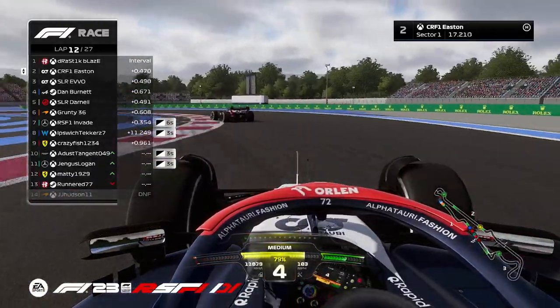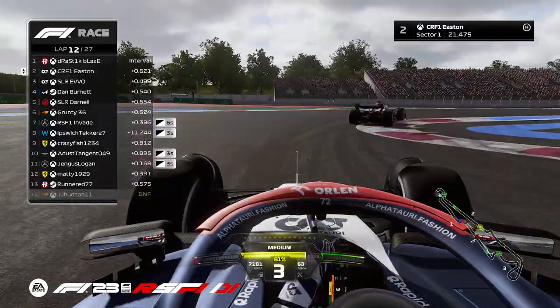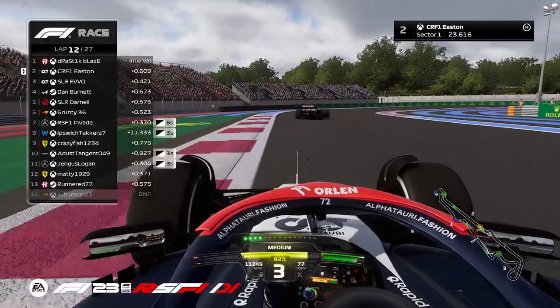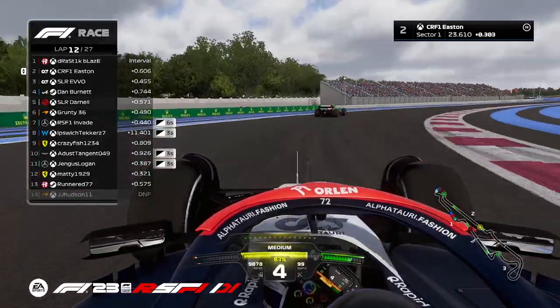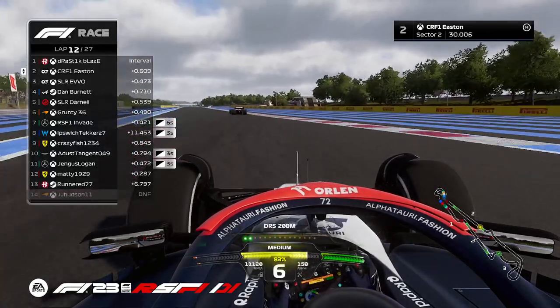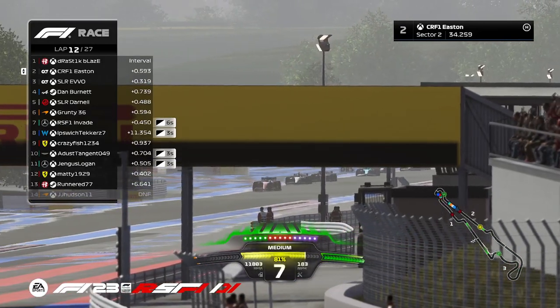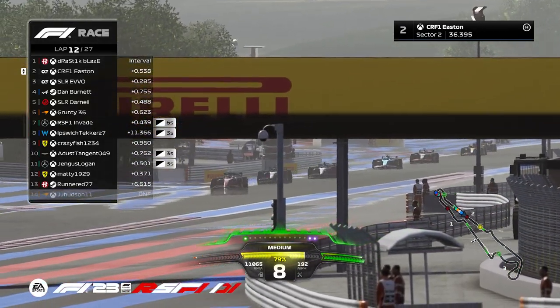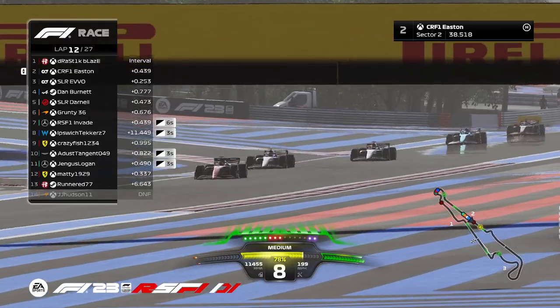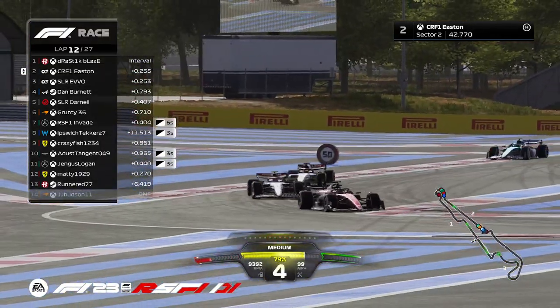grip. We'll have to see how long he can take those medium tyres in this race. He's managed to take the softs 11 laps. Only has 16 laps to go, I think. So he can take the mediums. He should make it, but he will have fewer tyres to play with at the end of this race compared to the likes of his teammate and the two AlphaTauris, and also obviously the other people in the train as